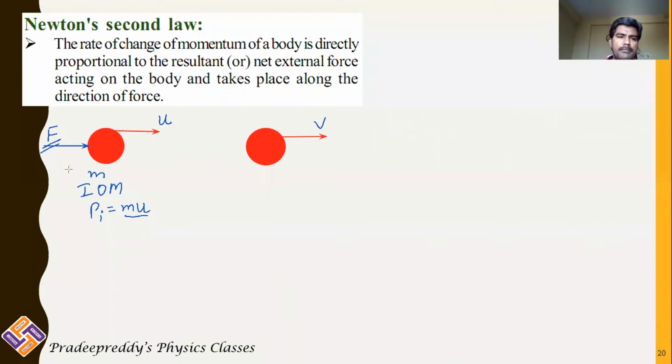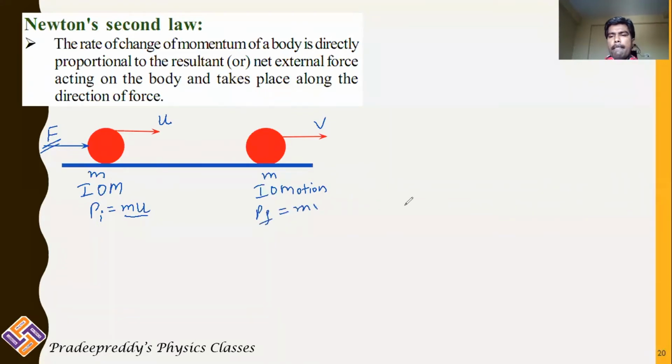It is only the magnitude which is being changed. The particle is exactly going in the same direction as before. Like before applying force, in whichever direction it is traveling, in the same direction it is traveling even after applying force. Now finally its mass is m and it is also in motion, and its final momentum can be written as m into v. So because of the applied force, what is happening in this case? The momentum of the body is now being changed, right?